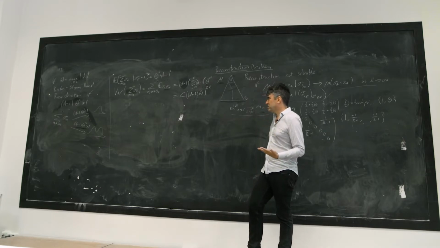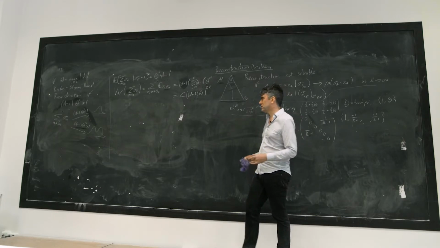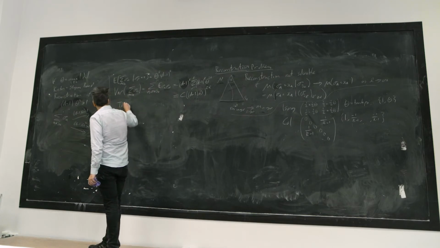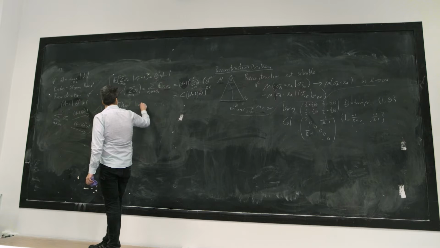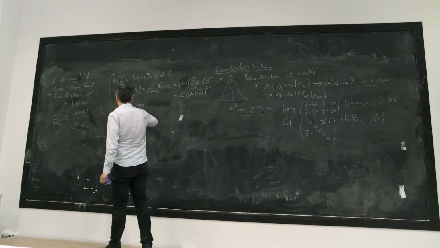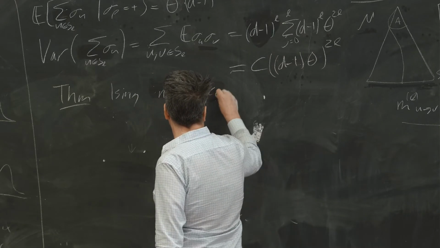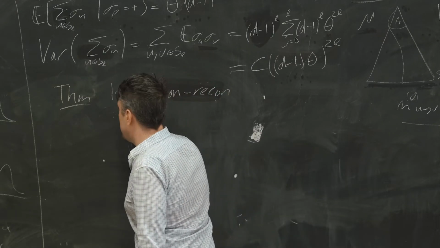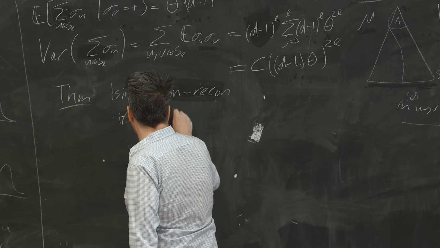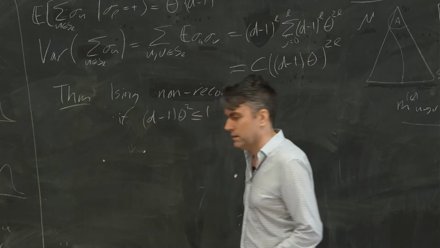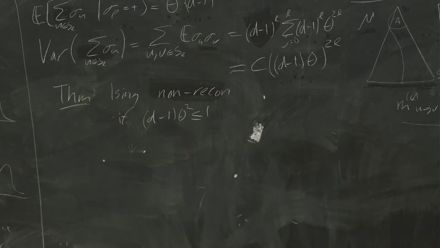Going in the other direction is more complicated to show, but it's a theorem that for the Ising model, you have non-reconstruction if d minus 1 theta squared is less than or equal to 1. And this is